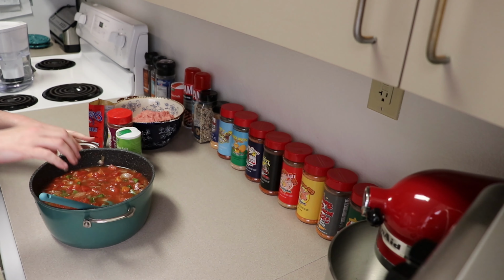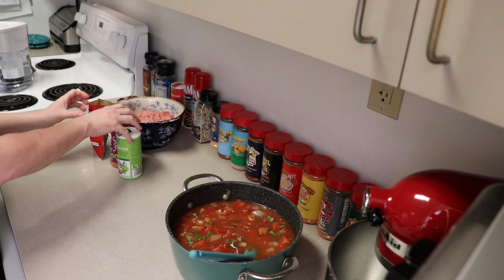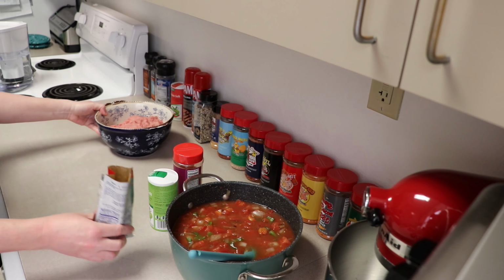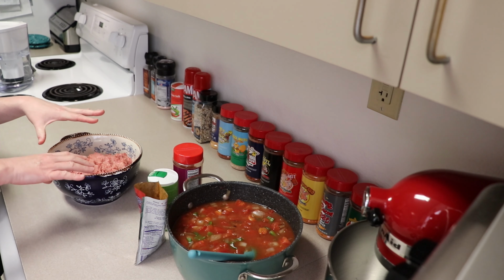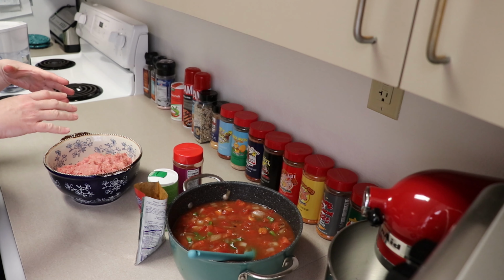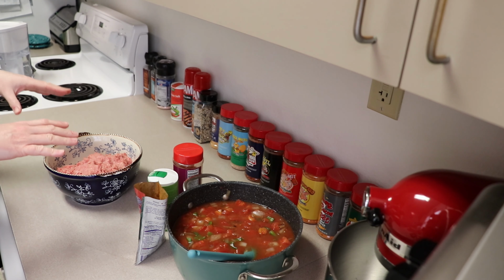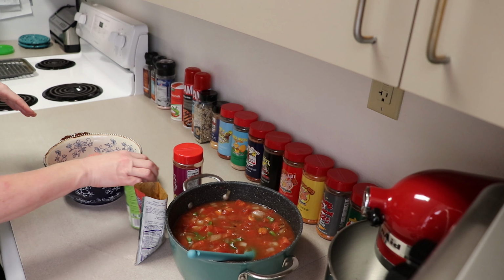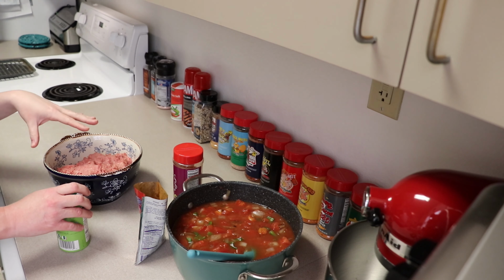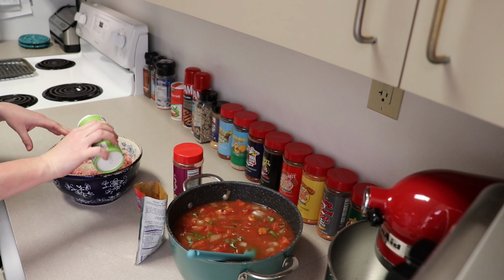All right, so next we're going to get the meat going. And if you watched our previous Texas chili video, we shared with you one of the things that we do to cut down on the calories. We like mixing lean ground beef and ground turkey together to cut down on how many calories it has. So we've got a pound of each in this bowl, and